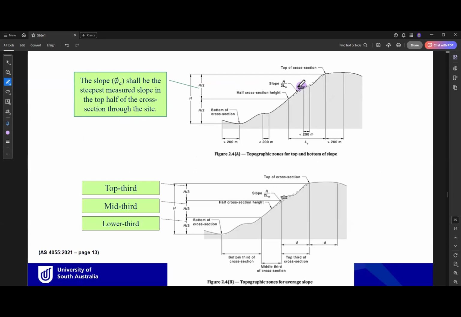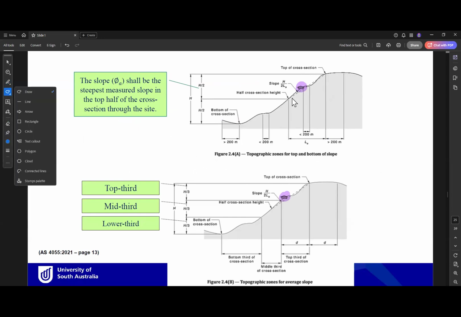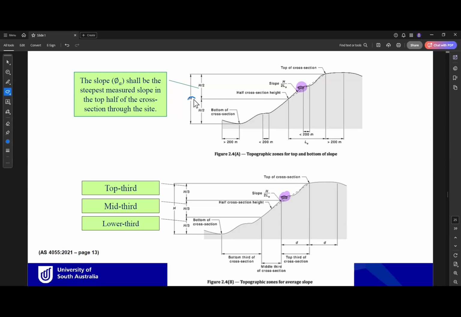So for example here, this is our design building. This building, as you can see, was constructed over a hill. So the wind is affected by this change in the topography, so we need to consider this in our calculation. So for example, if the hill height is h here, as you can see,